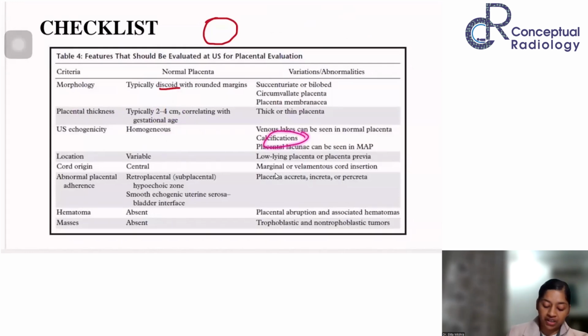Then location, everybody says where the placenta is. It's variable. It can be anterior, posterior, on lateral walls, or fundus. Low-lying placenta and placenta previa are the ones which are causing trouble. Then we'll discuss the cord origin. You will tell where the cord is originating, from which site of the placenta, whether it is central, marginal,